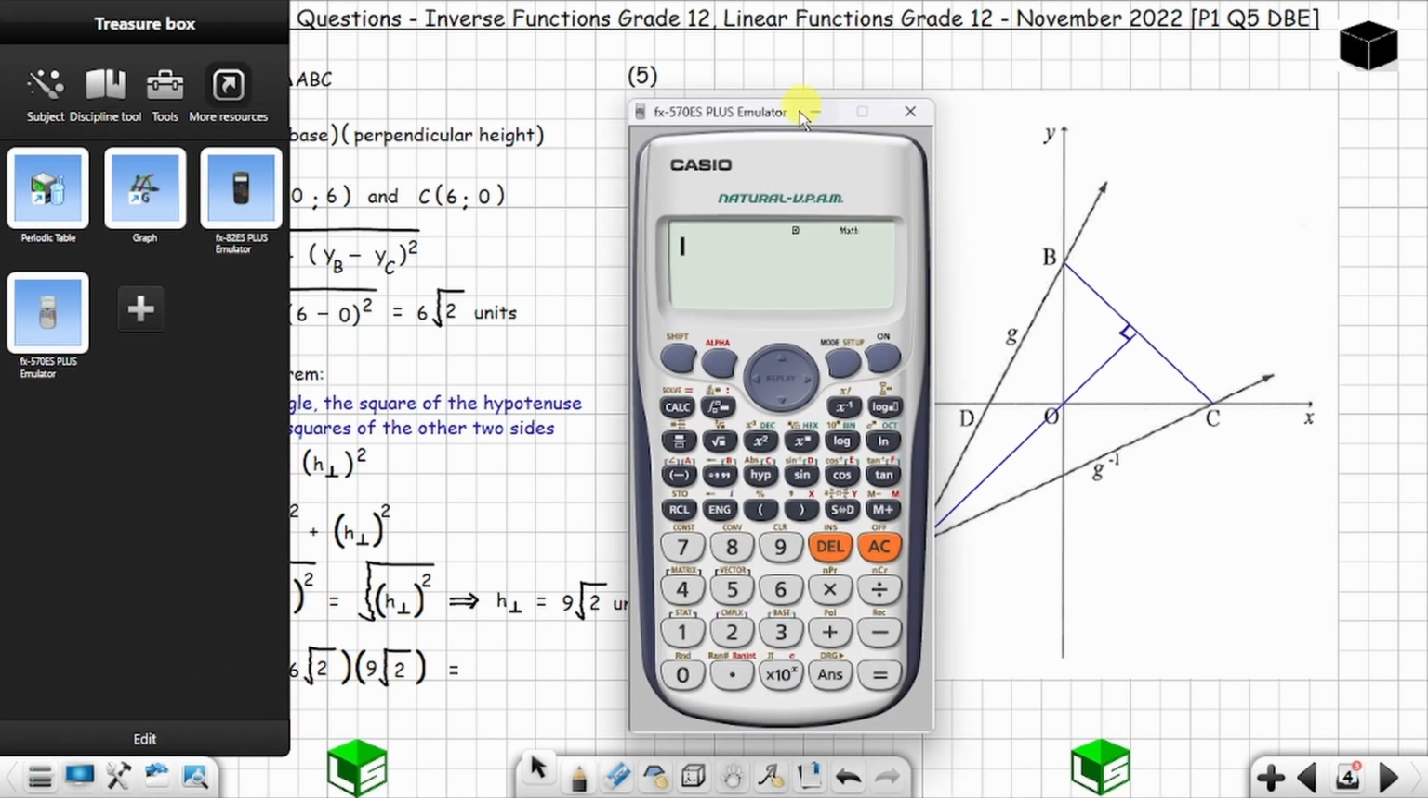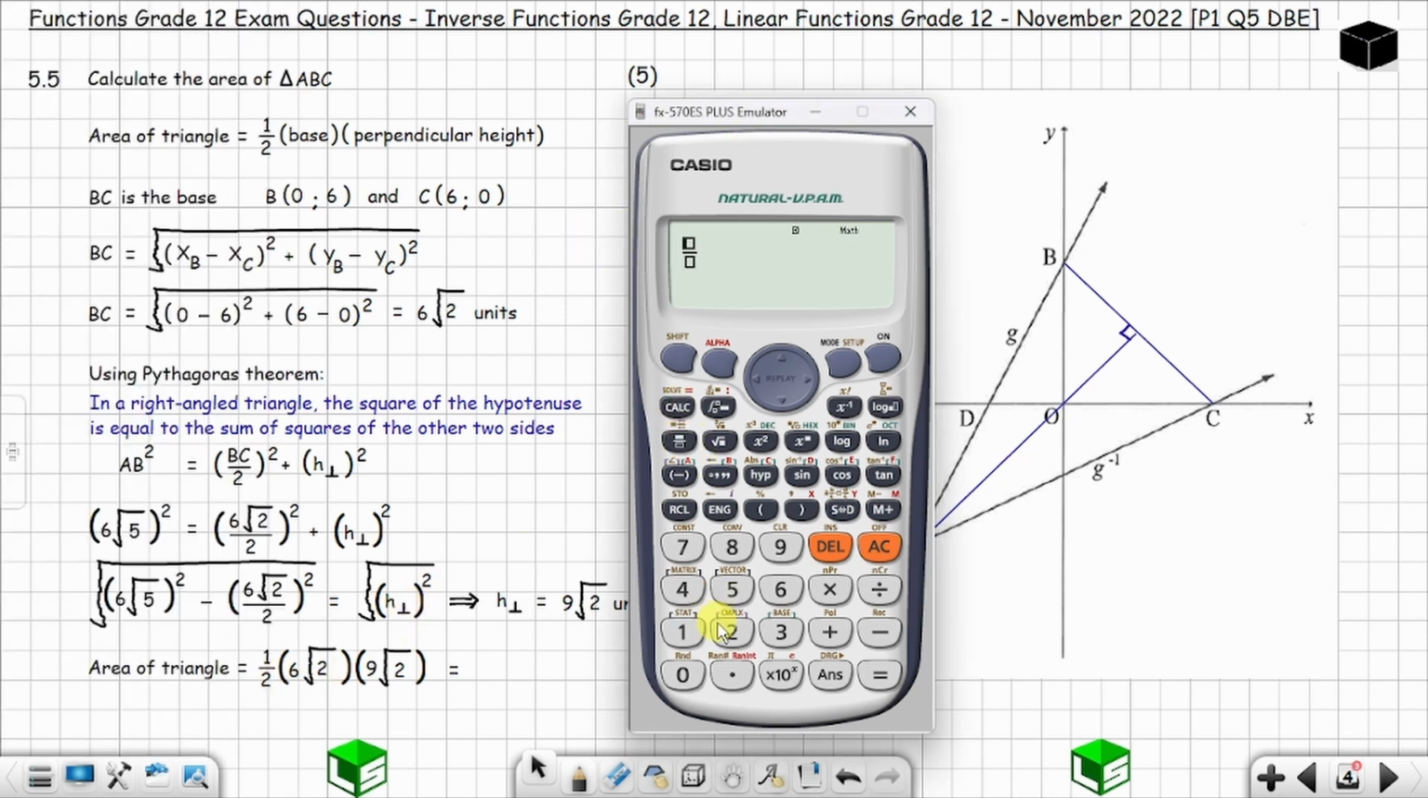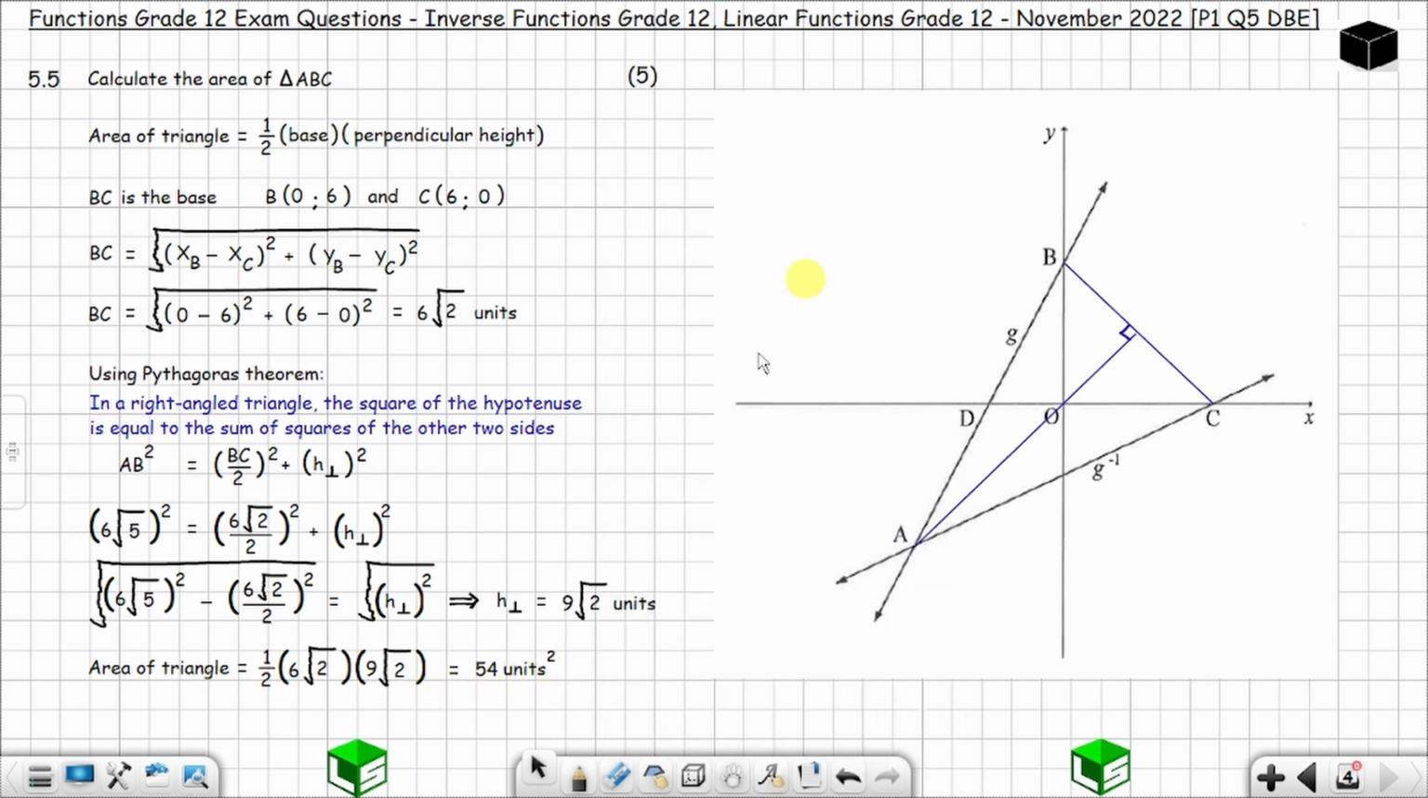So you have half times 6 square root of 2 times 9 square root of 2. You can see that this is equal to 54, 54 units square. Remember it is the area. So we are done with question 5 from November